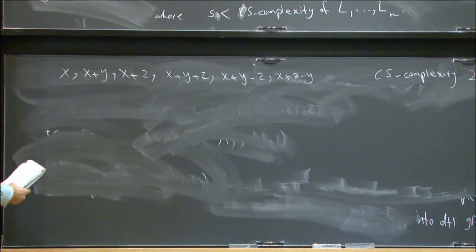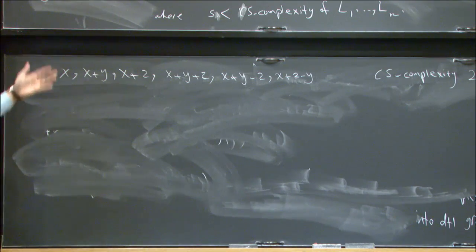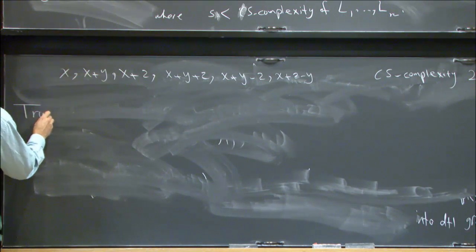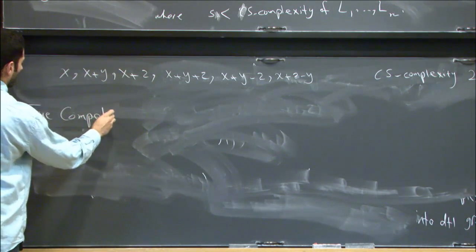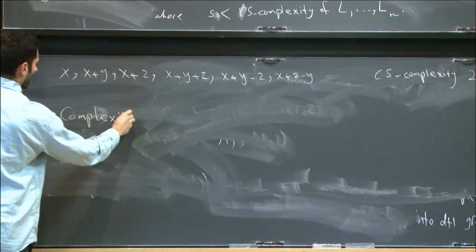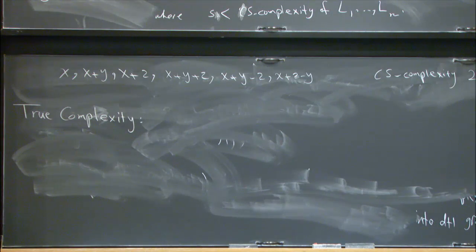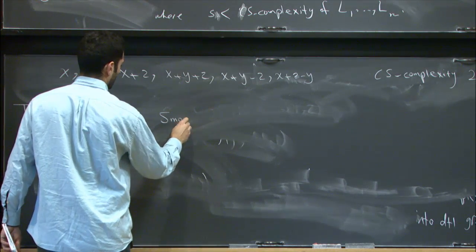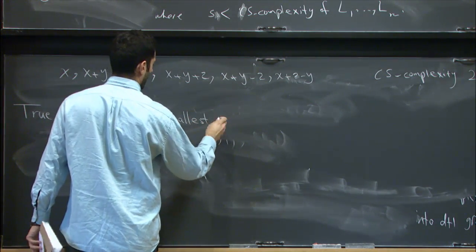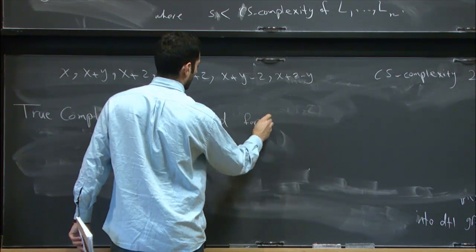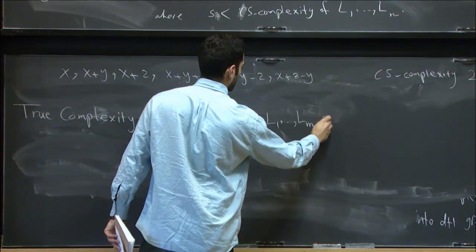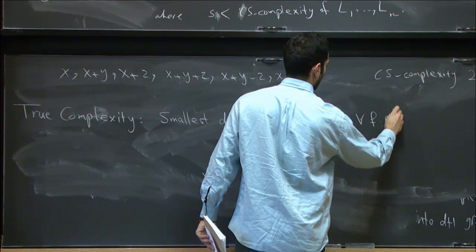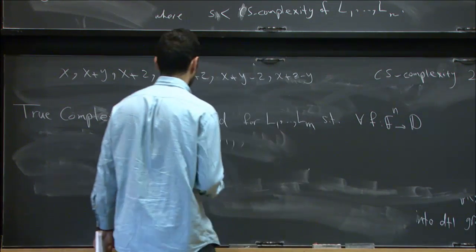And so they went on, motivated by this, and defined the true complexity of a collection of linear forms. And this is just defined to be the smallest Gowers norm that you need. So this is the smallest d for L1 to Lm such that for all f,